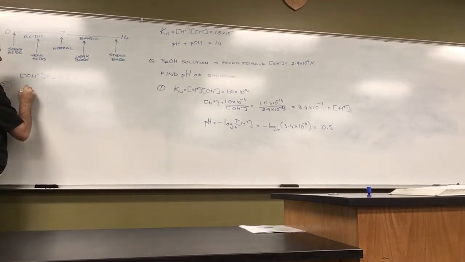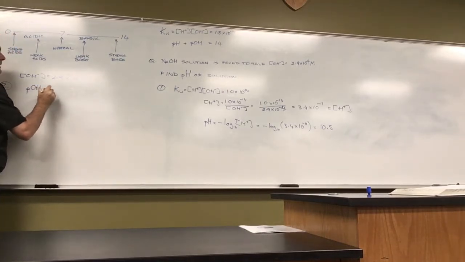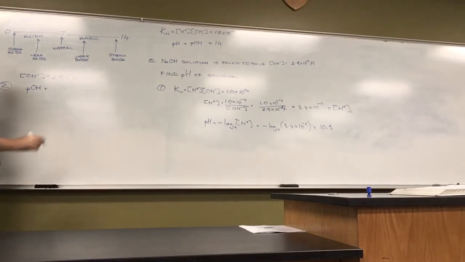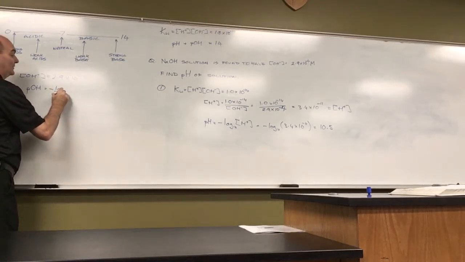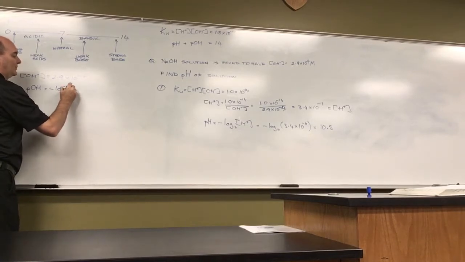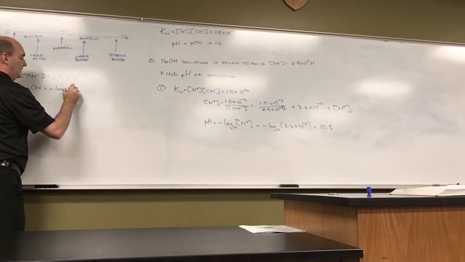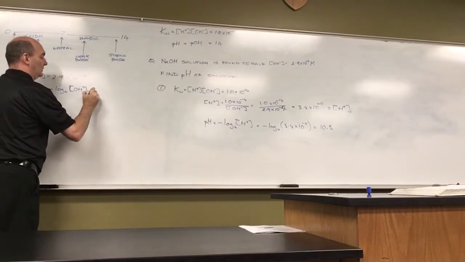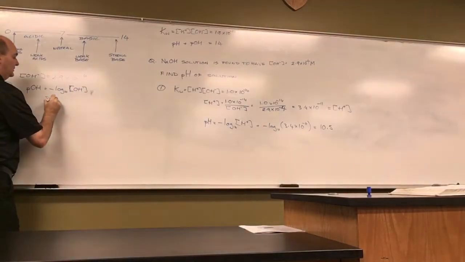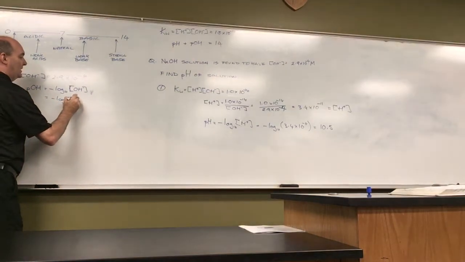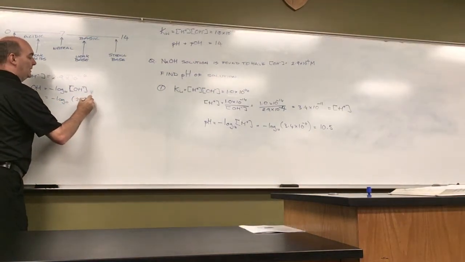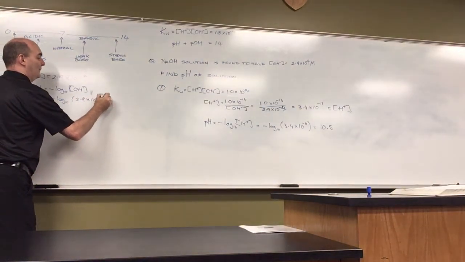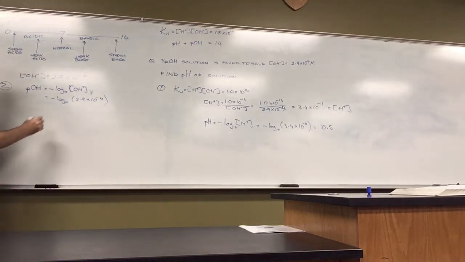So the first thing that I'm going to do is find pOH. That is negative log to the base 10 of my OH concentration, which is negative log to the base 10 of 2.9 times 10 to the negative 4, which equals